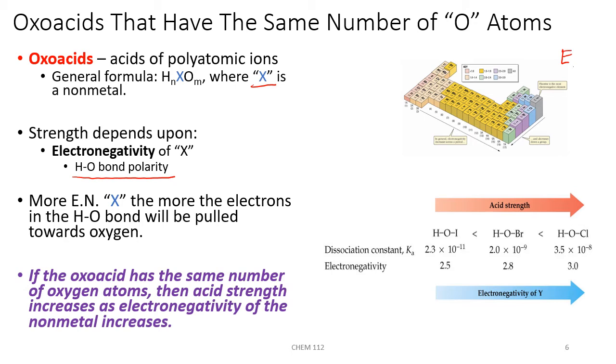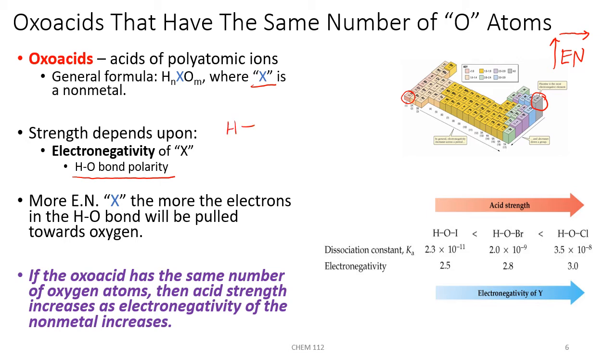Electronegativity, as we've seen before, has the general trend of increasing from bottom to top within a family and from left to right across a period. So the least electronegative element is francium, and the most electronegative element is fluorine. In this case, even if we're in the same family, electronegativity is the general trend and not the size of the anion like we saw with binary acids, because with oxoacids, the hydrogen atom is bonded to oxygen in each case. So if we compare hypochlorous acid, HOCl, to hypobromous acid, HOBr, and hypoiodous acid, HOI,